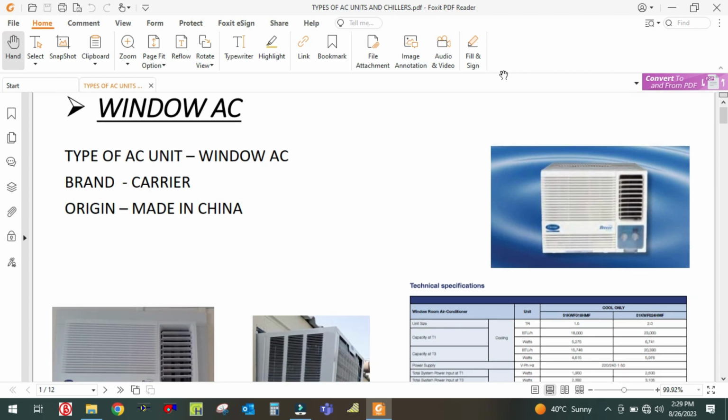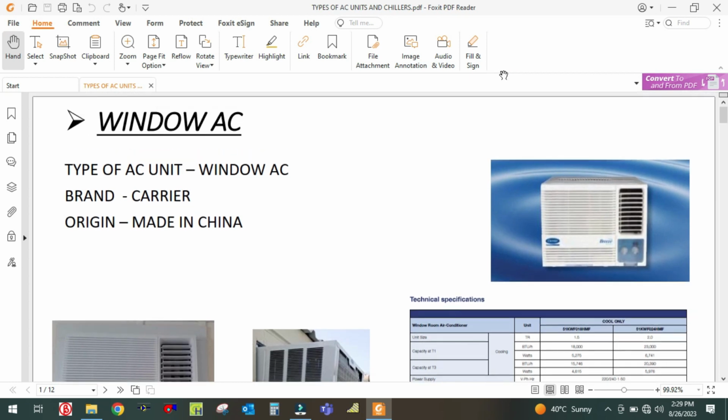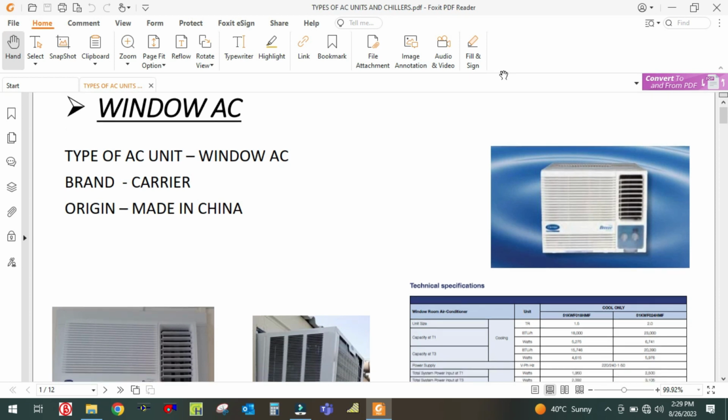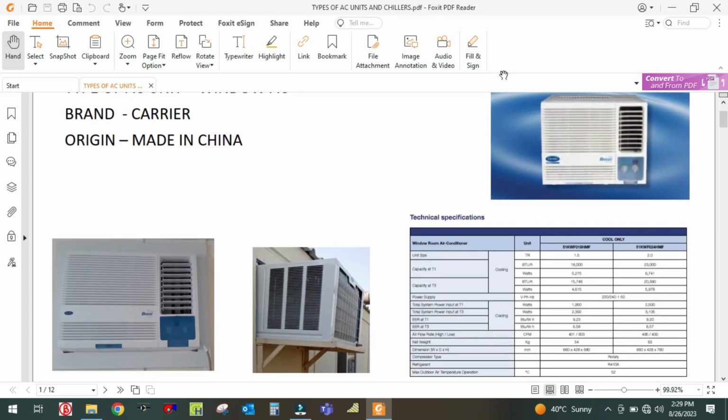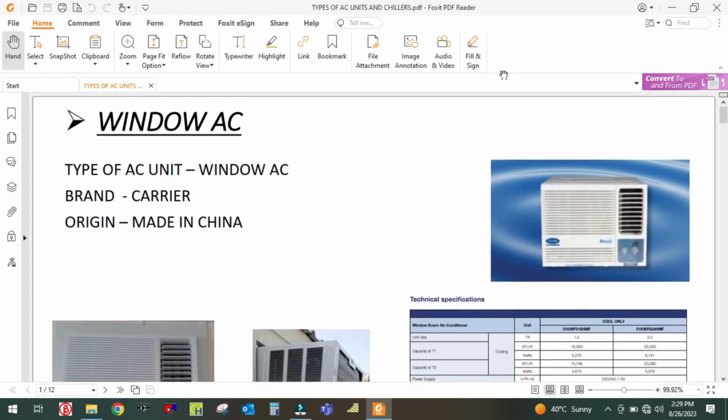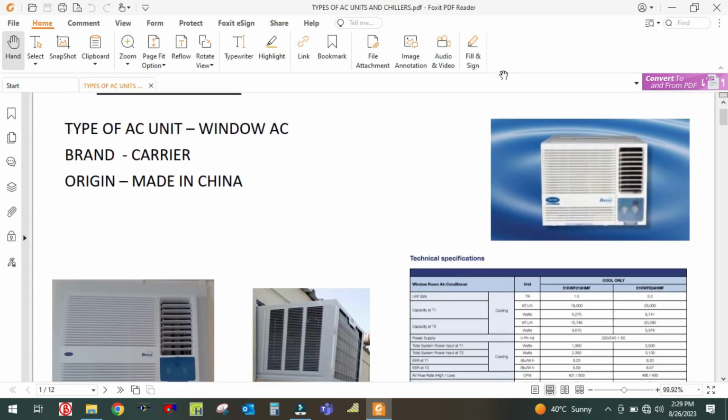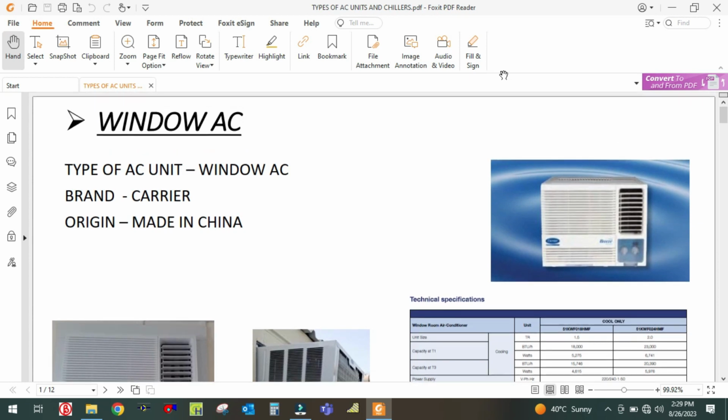As you can see, the first AC is the window AC, and this AC is generally used in a small office, a small warehouse like a porta cabin, and kitchens or small rooms as well. This is the Carrier brand AC unit, and the type of AC unit is window AC. This is also called a mini package AC,